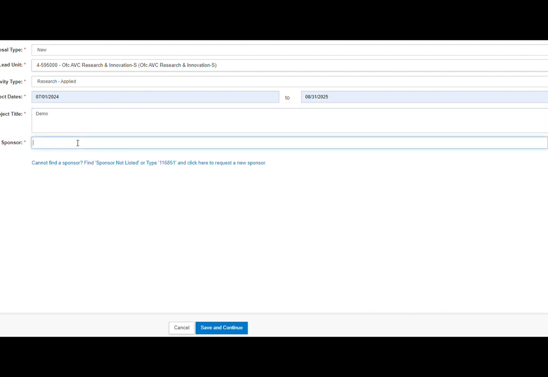The sponsor is going to be the entity directly paying the institution. If you are applying directly to the sponsor, you will enter this directly. For example, if the National Science Foundation is who you are applying to, who would be paying us, that is your entry into sponsor. However, if the University of Tennessee